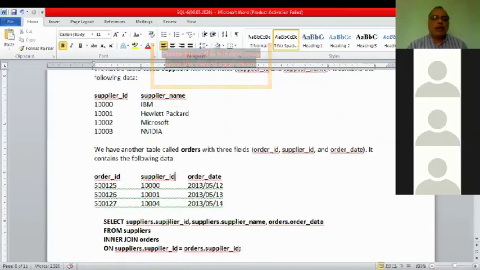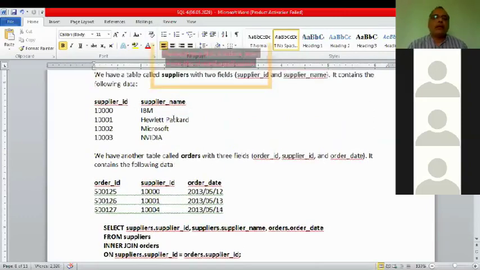Select suppliers dot supplier ID, suppliers dot supplier name, both fields from the supplier table, and order date from the orders table, from suppliers inner join orders. So orders is getting joined with suppliers on suppliers dot supplier ID equals orders dot supplier ID.